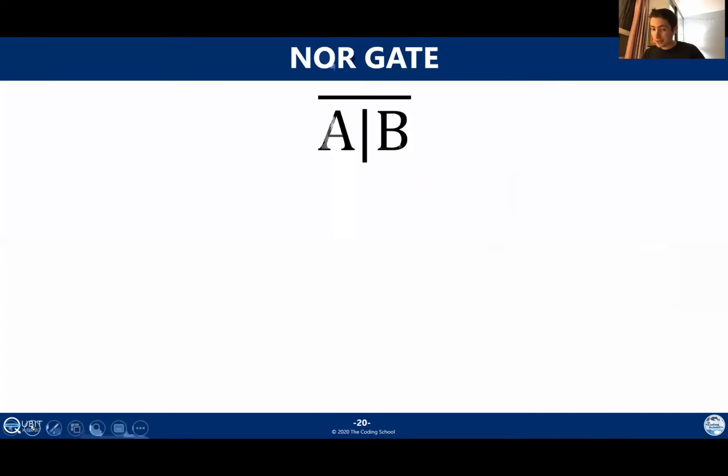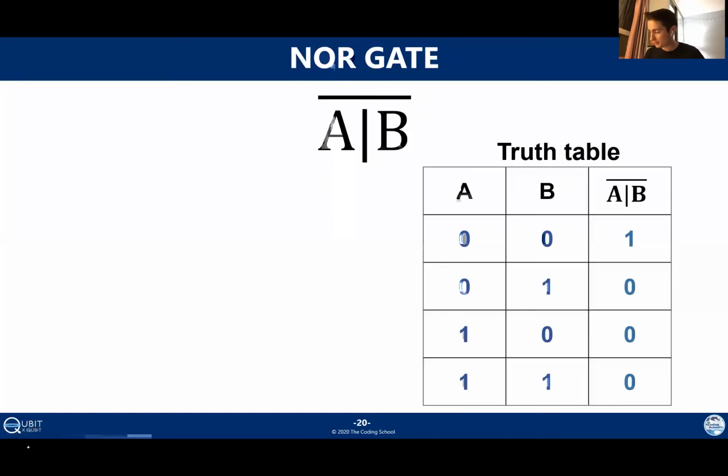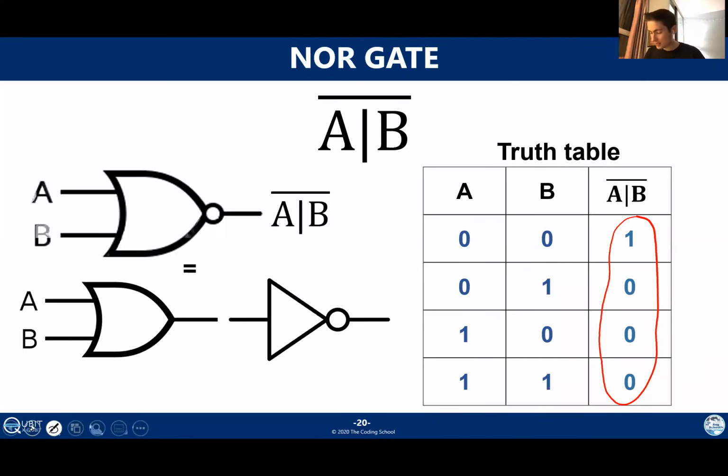Next up, we have the NOR gate, which is a very similar idea to the NAND gate. So I'll go through it fairly quickly. The truth table looks like this, which again looks very similar to the previous table, except that all of the bits are flipped. The circuit representation looks like this. So again, a standard OR gate with a little circle at the end is perfectly equivalent to an OR gate, literally followed by a NOT gate.